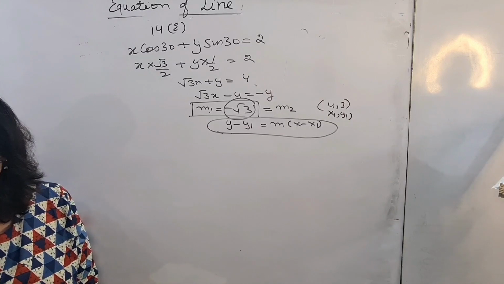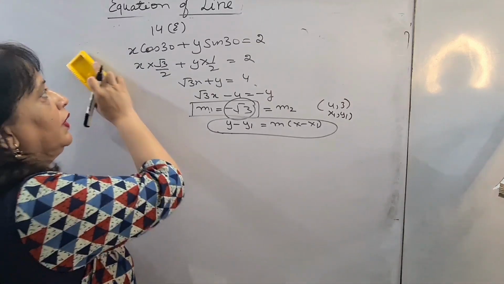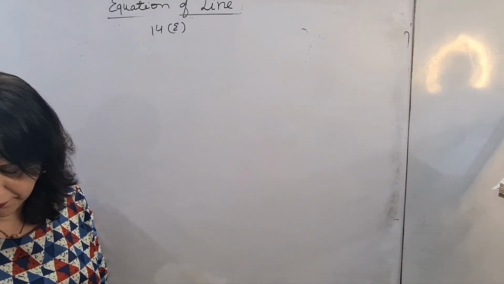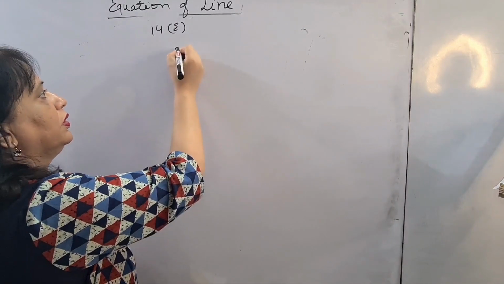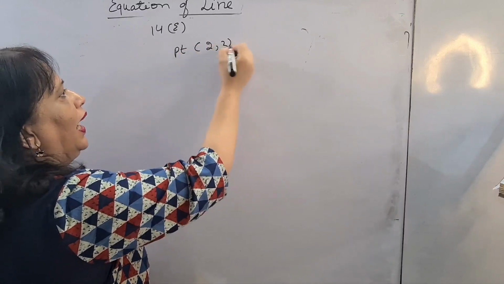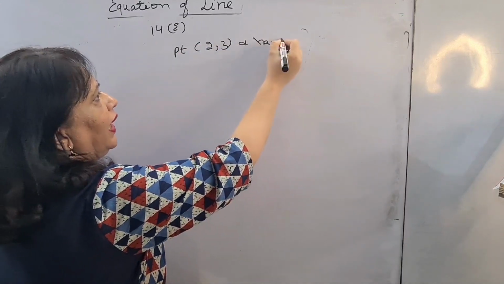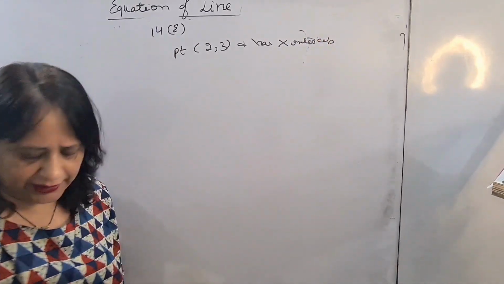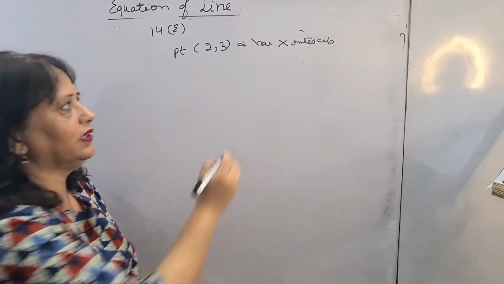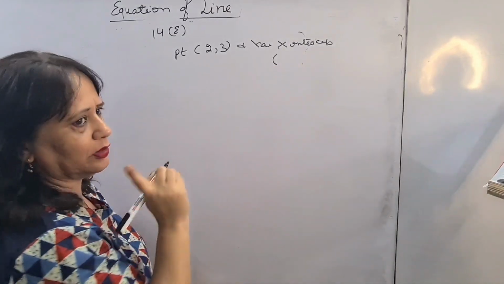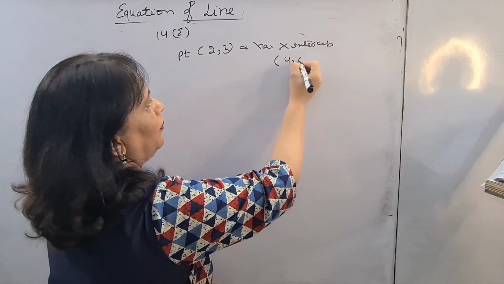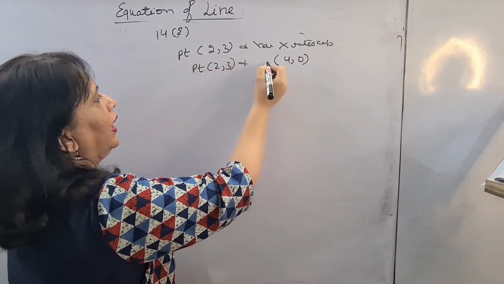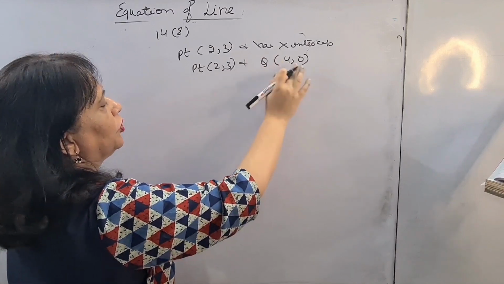Then coming to question number 22. Find the equation of the line passing through point 2 comma 3 and having x-intercept 4 units. Please understand children, x-intercept means he's saying that the x-intercept is 4 units. That means I'm going to convert it into a point, that means 4 comma 0. I have 2 points now, 2 comma 3, and let it be Q, point 4 comma 0.